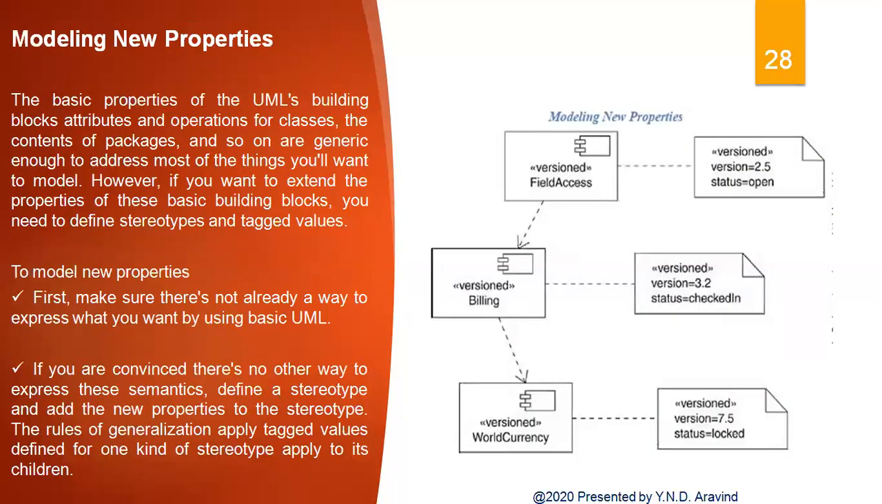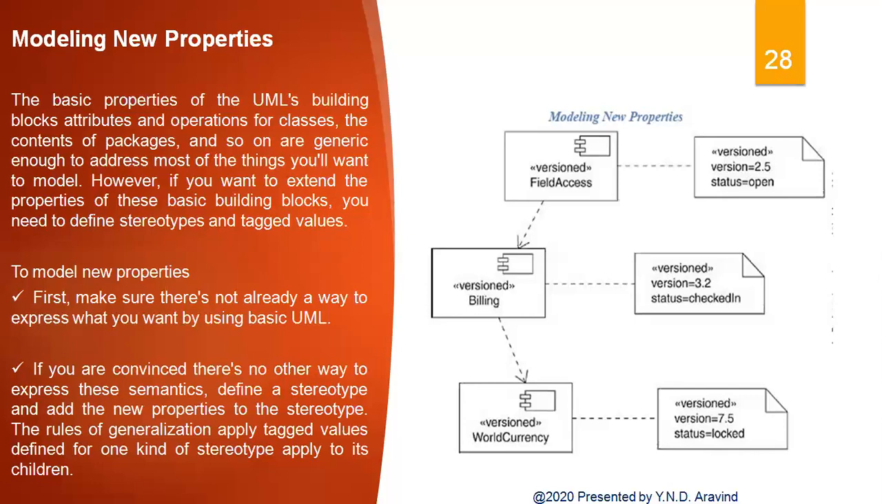Coming to modeling new properties: the basic properties of the UML's building blocks, attributes and operations for classes, the content of packages, and so on are generic enough to address most of the things we want to model. However, if we want to extend the properties of these basic building blocks, we need to define stereotypes and tagged values. So to model the new properties, first we have to make sure there is not already a way to express